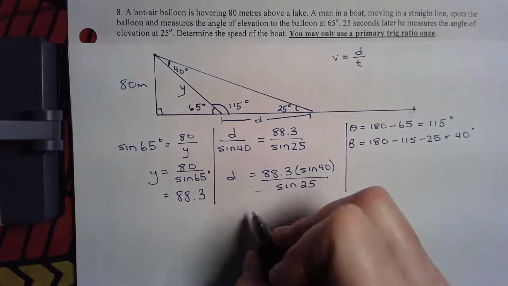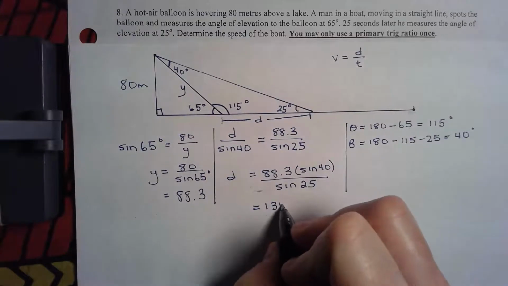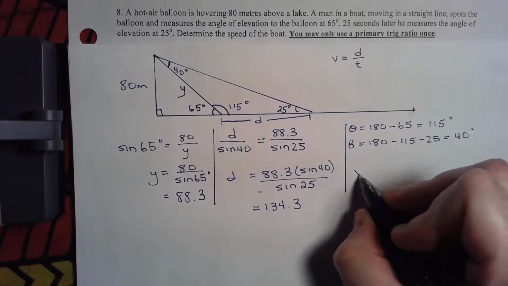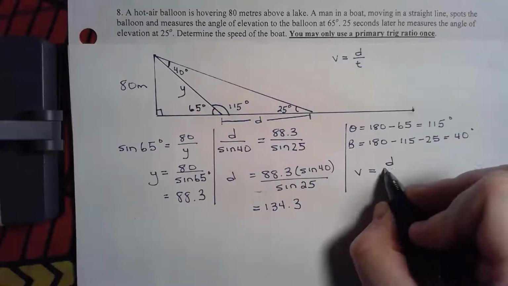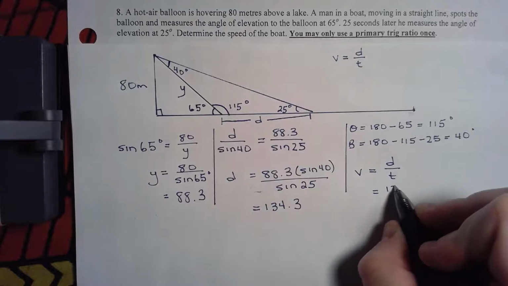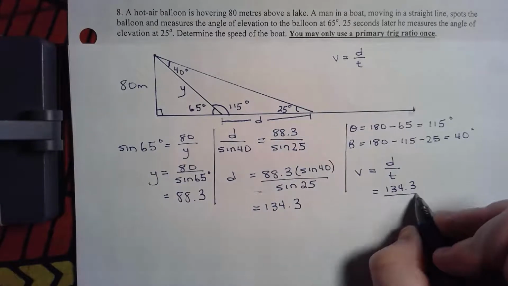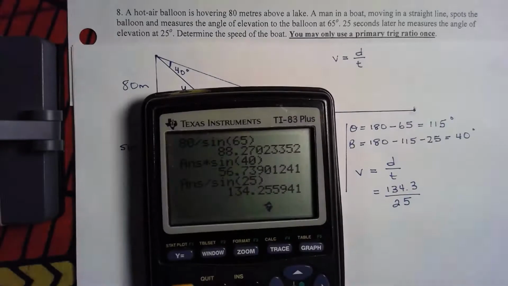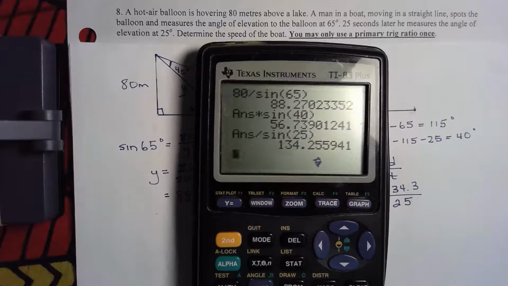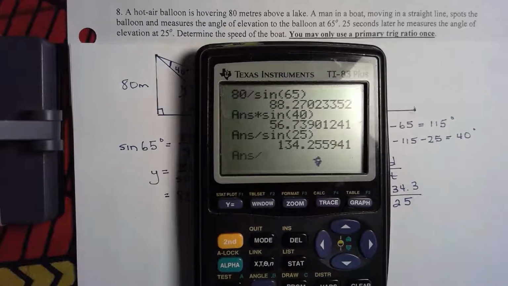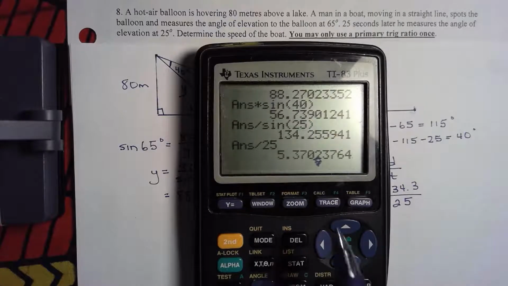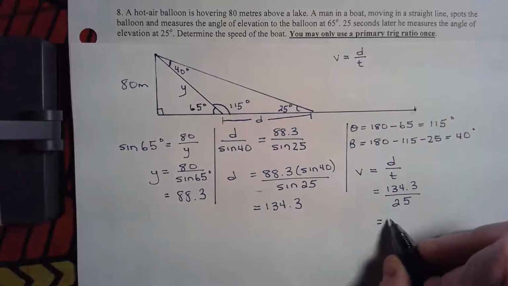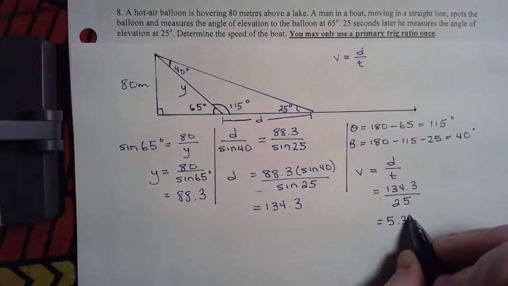So again, my answer is 134.3. Now I know that speed is equal to distance divided by time. My distance is 134.3 and my time is 25 seconds. I already have the 134.3 from before. I'm going to divide that by 25 and I get 5.37. So my speed is 5.37